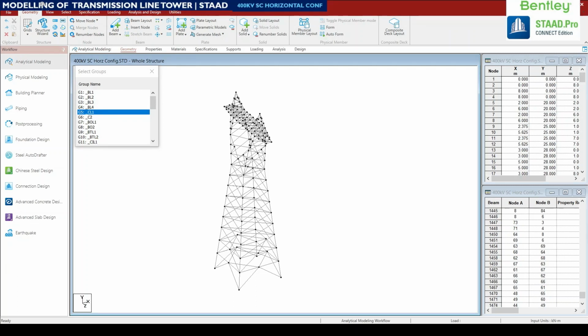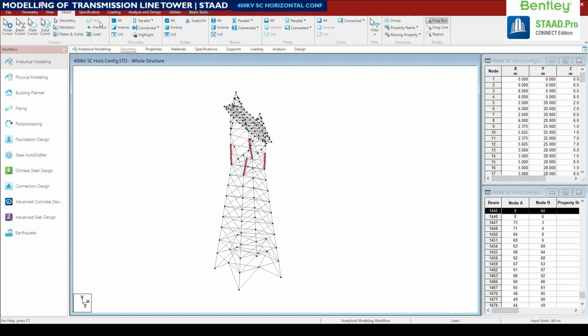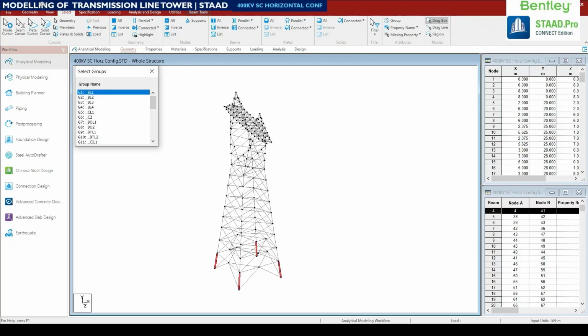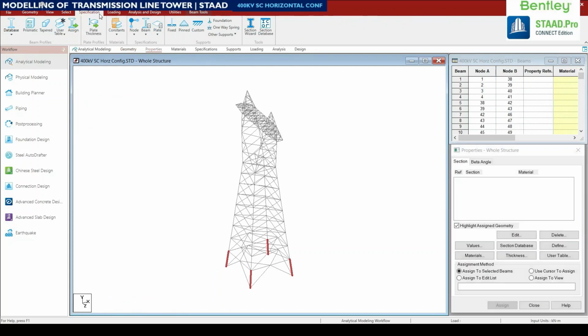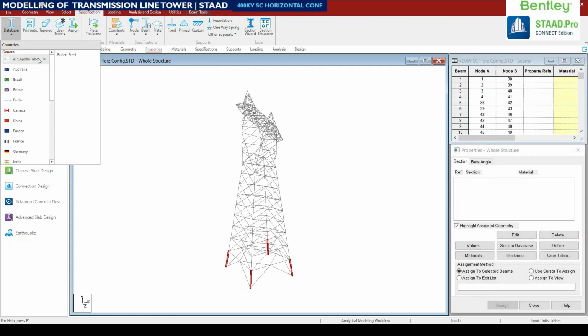So once after completing this renumbering, or skip this renumber step, we can go and do the member properties sizes. Click select menu, click group icon, and then select this group BL1. Click specification, click database icon. So here we can design this 400 kV transmission line tower in American standard,